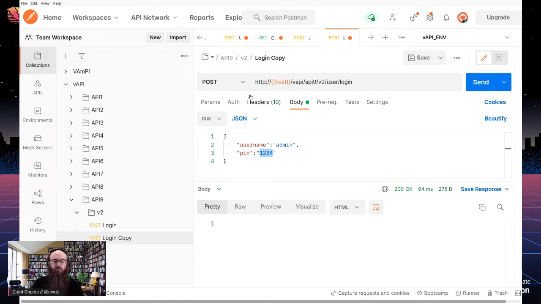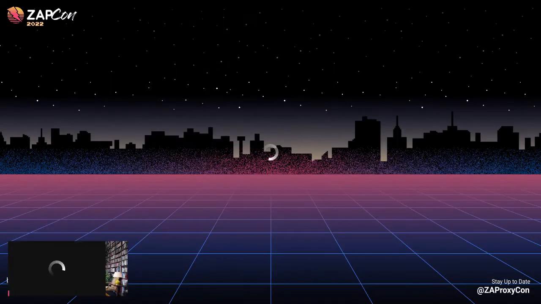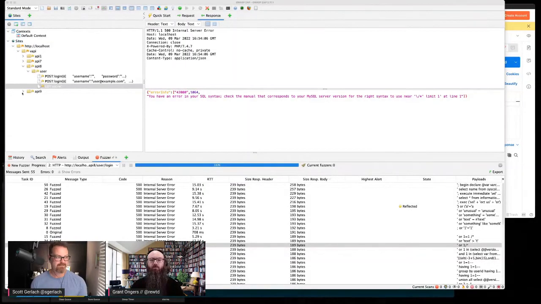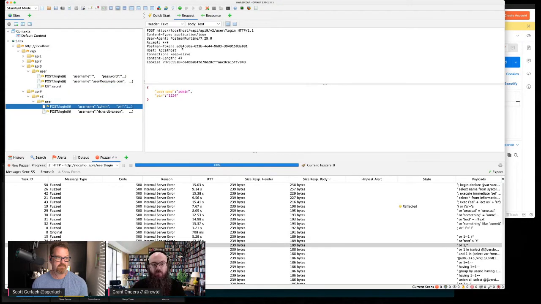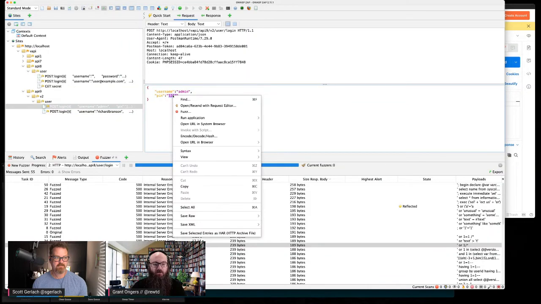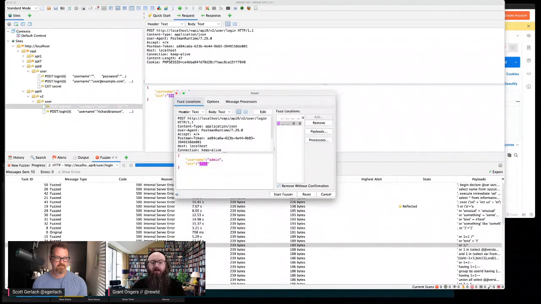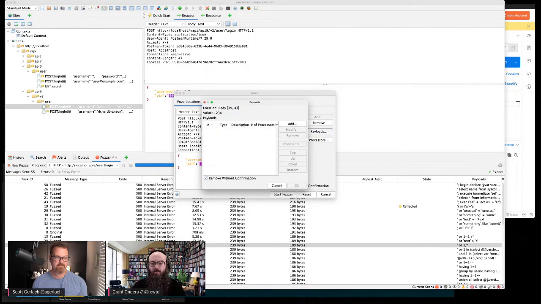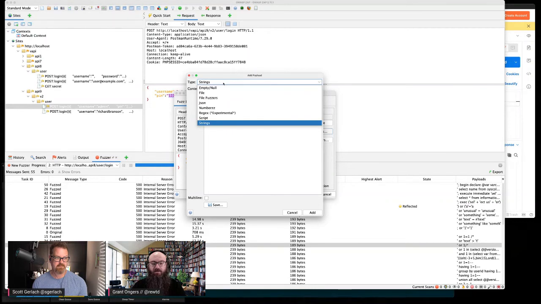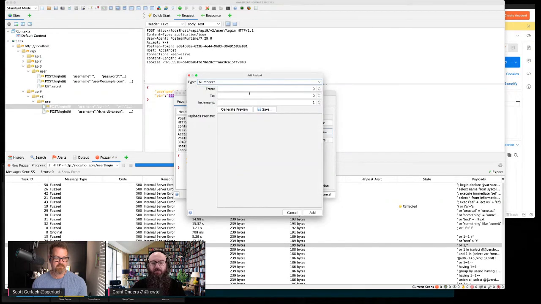So do you want to pull up Zap again, Scott? Yeah, I do. Cool. So what we want to do is we're going to try and fuzz that, right? We know that it's going to be some kind of number. It looks like a 4-digit number. So we're going to fuzz that 4-digit number. So you've done a post already with admin and a pin, and you're going to highlight that. You're going to right click and you're going to fuzz it. And you're going to say add a payload. Yeah. And the payload type you're going to add is numbers from 1000